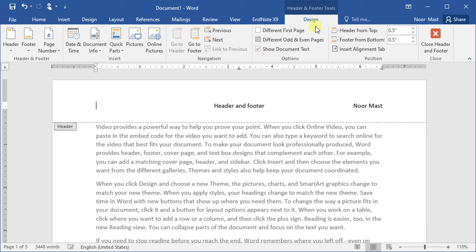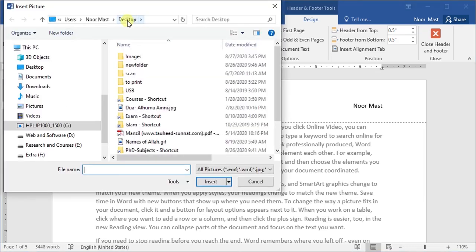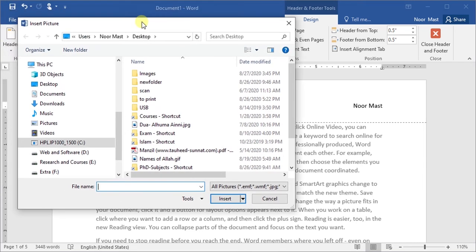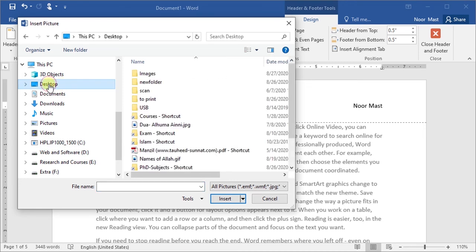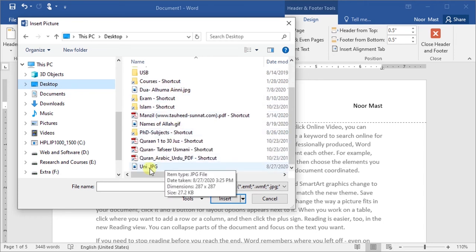Then on the design tab and insert group, the picture command is available. So click this one. Insert picture dialog box will appear. Now select the picture you want to insert. So click on the desktop and select this picture and click the insert button.